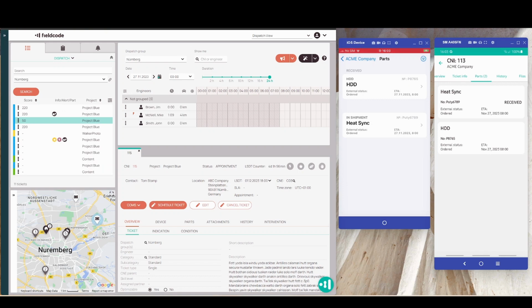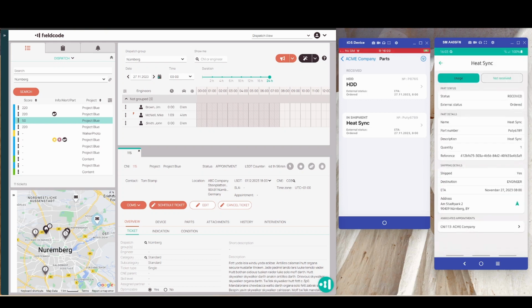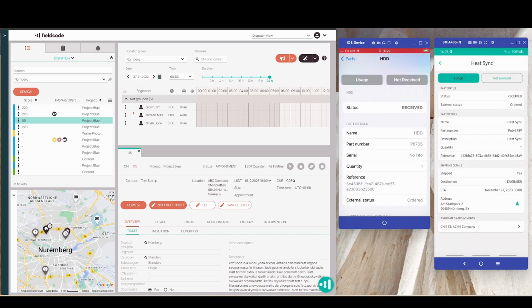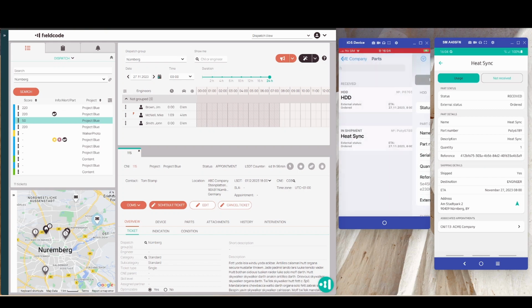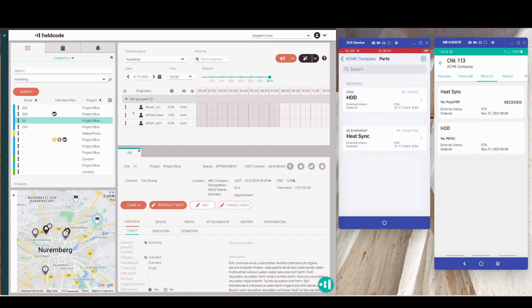Cool. So one thing you also notice here is when you click inside them, we have moved the buttons above the status. Before we had the status above the buttons, but it was not very consistent with the ticket overview. So we wanted the parts overview to be similar to the ticket overview with all the buttons at the top and the rest of the fields below the buttons. So we did that for you here. We've also condensed the part screen to see more details at once. Also similar, when you go back to the ticket overview,